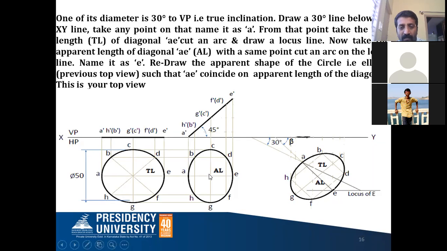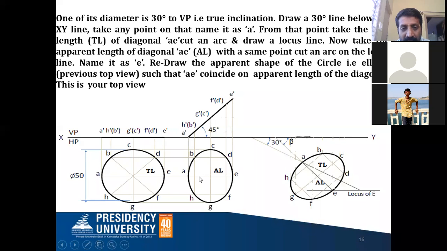AE is fixed. Box method: from A to this distance you draw a 90-degree line. On that 90-degree line, you take this C distance, from here to G distance, and cut it on the 90-degree line; C and G you are going to get. Similarly, from A to this distance you take, and from E to this distance, draw a perpendicular 90-degree line here.